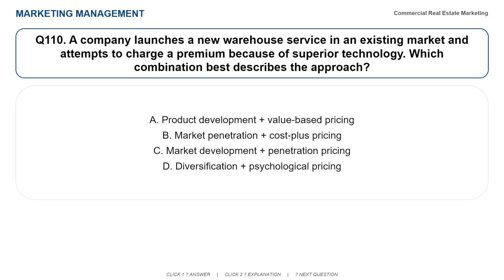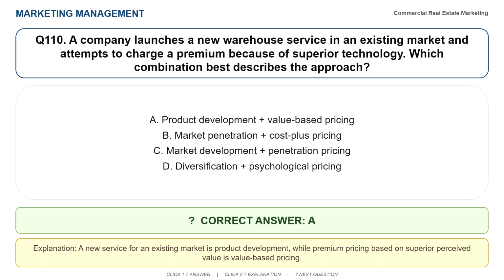Question 110. A company launches a new warehouse service in an existing market and attempts to charge a premium because of superior technology. Which combination best describes the approach? Option A, product development plus value-based pricing. Option B, market penetration plus cost plus pricing. Option C, market development plus penetration pricing. Option D, diversification plus psychological pricing. The correct answer is A. Explanation. A new service for an existing market is product development, while premium pricing based on superior perceived value is